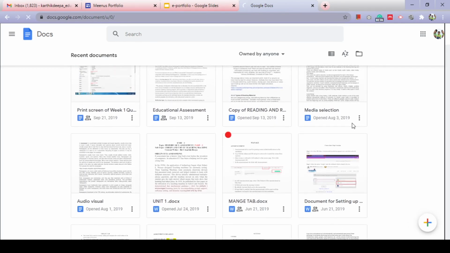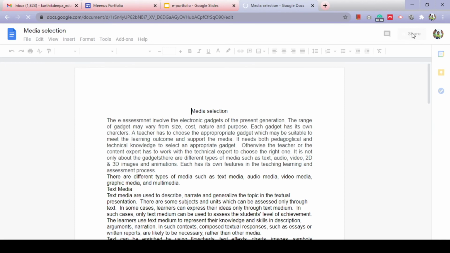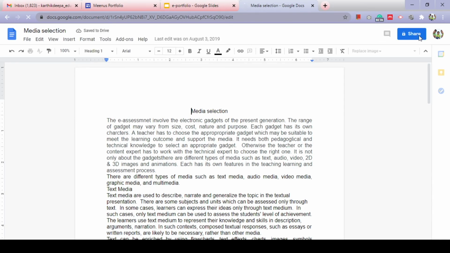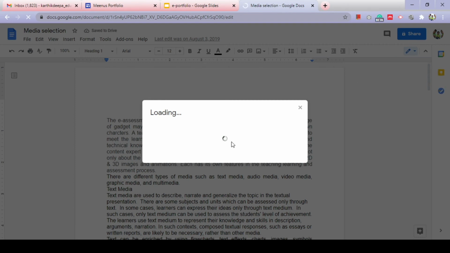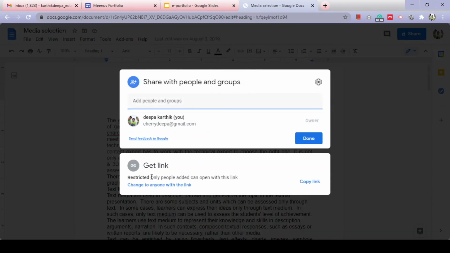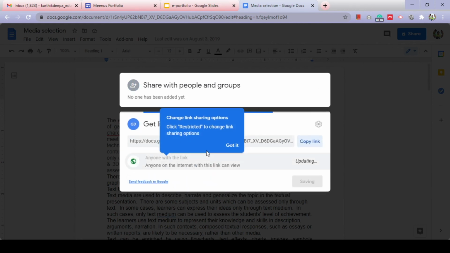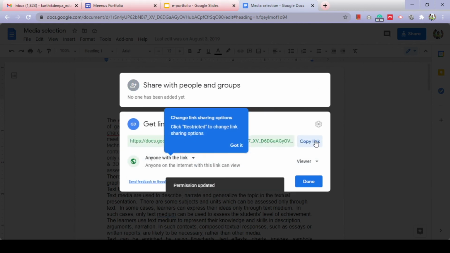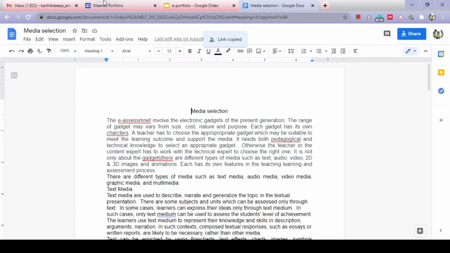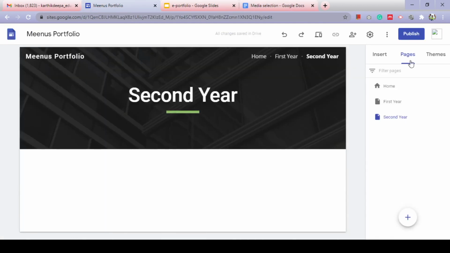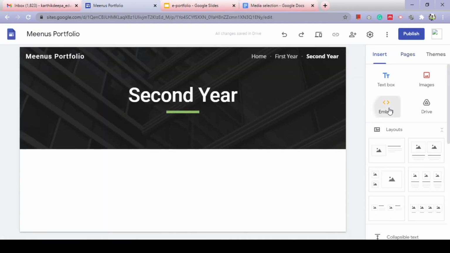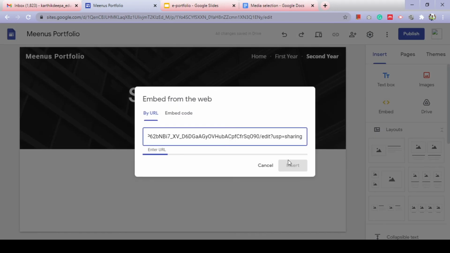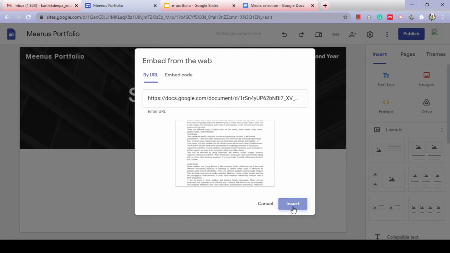Just get the shareable link from this. Copy link and just post it here. Click insert, embed URL, put the URL and just insert.